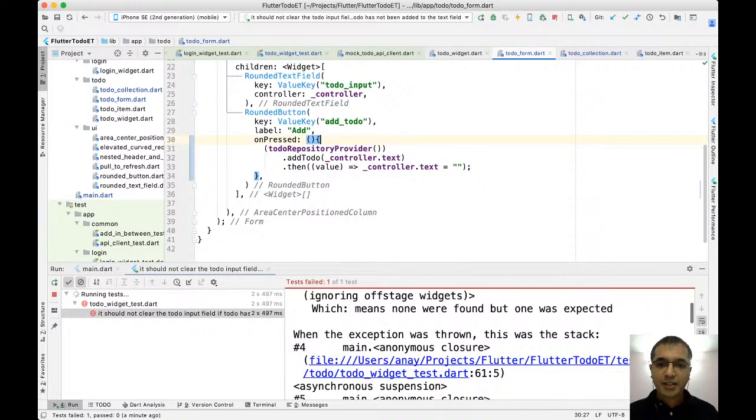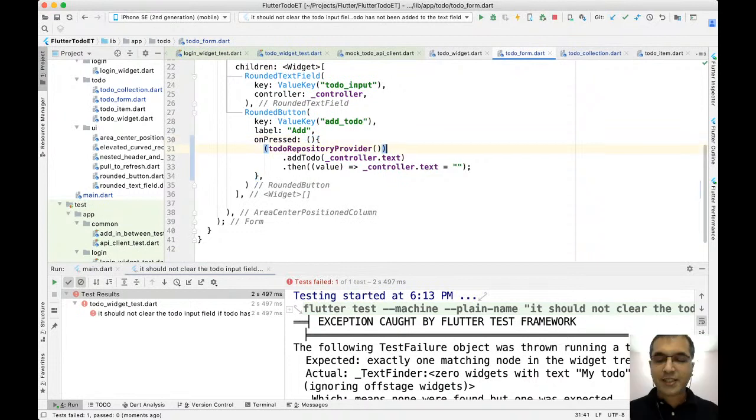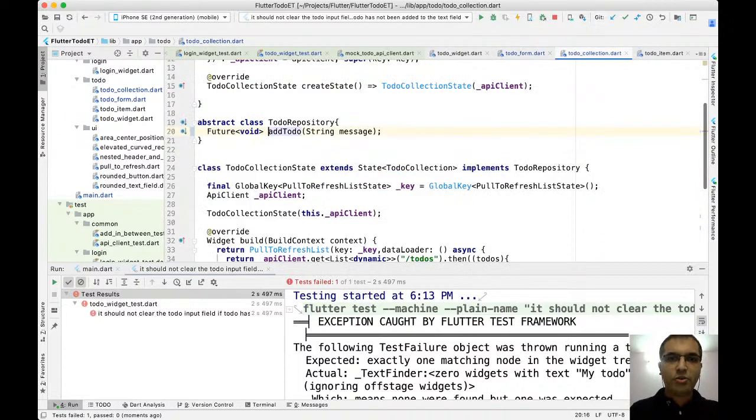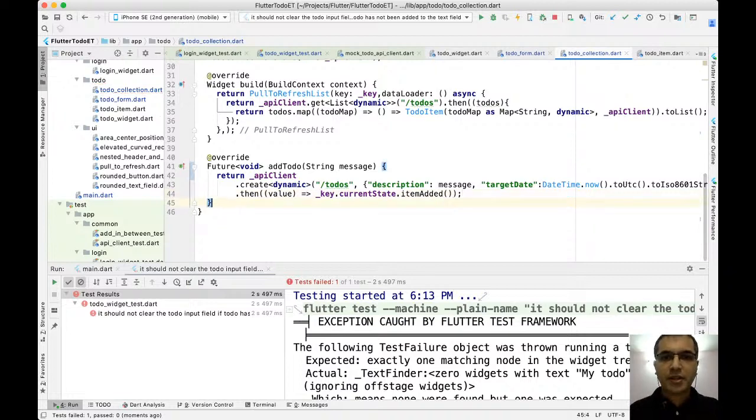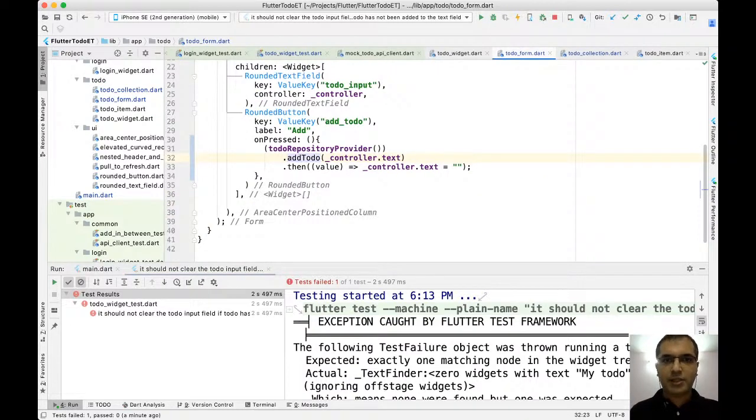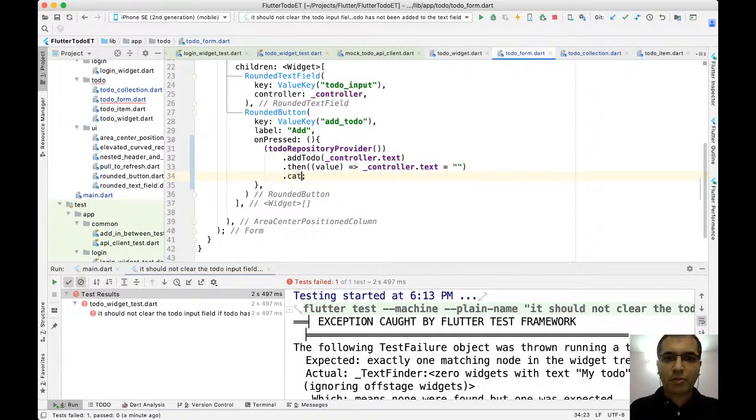But it's still failing. And the reason why it is failing, this is the perfect example of why we need to do TDD. I didn't even have to run my application again and follow all the steps. I quickly got the response that my code is not working within 2 seconds. And the reason why it is not working is, if you go and try to see in add to do, we are catching the error, right? The error unfortunately is not getting passed back to the consumer, which is supposed to be over here. Now this is a void method, so we can literally catch the error over here, and that should solve our problem.